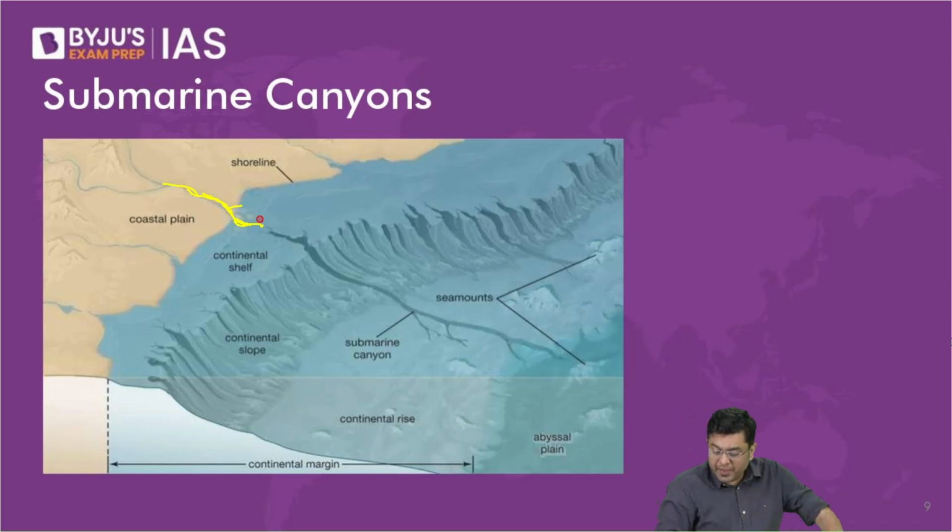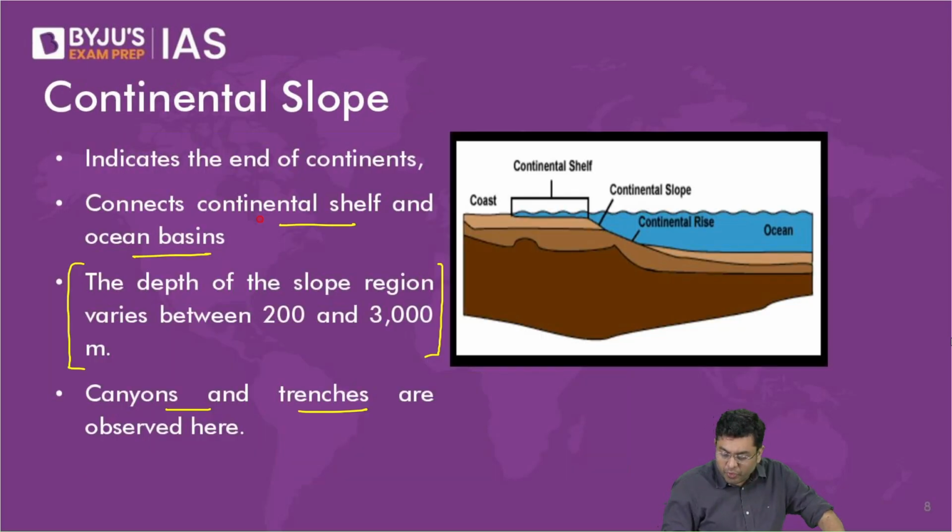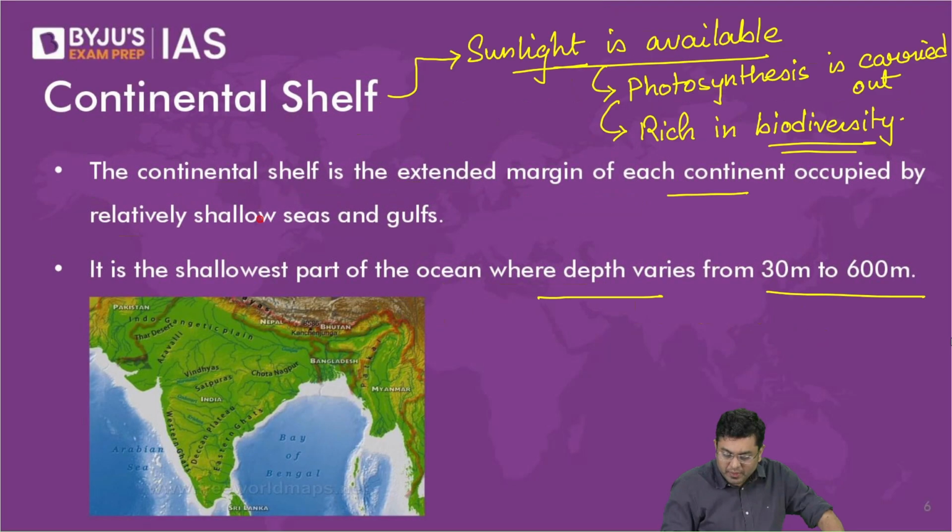As these rivers flow into the oceanic water, they carry these sediments along with them, and these sediments rub against the sea floor, and slowly and steadily with the passage of time, they would have created large canyons. So here, the evidence of it overall,